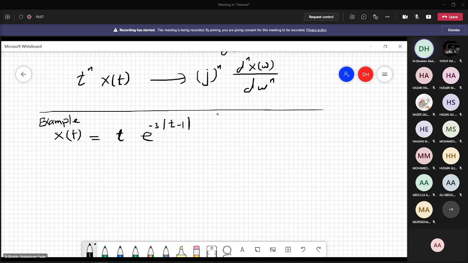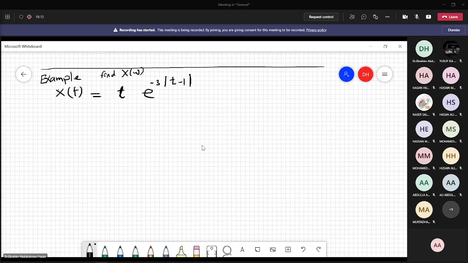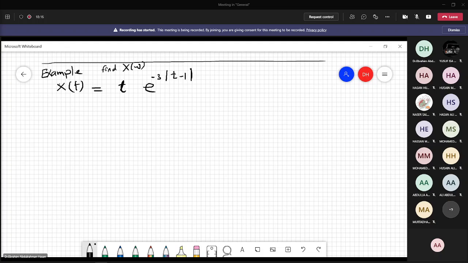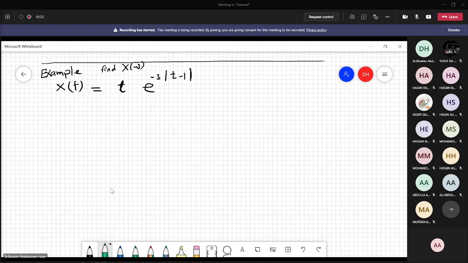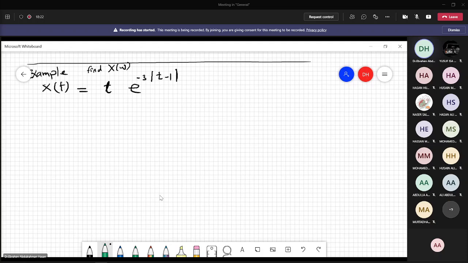Okay, find x of omega or x of f. Notice the t, so x of omega,